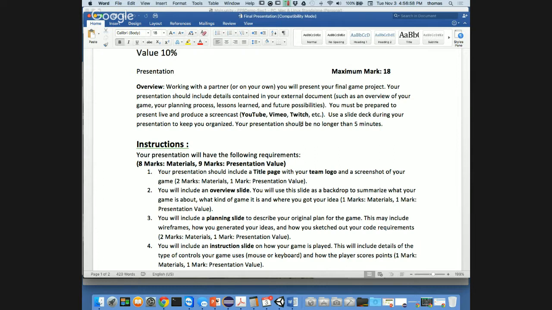It's effective in that you have to get it done, and if you're not ready, you're out of luck. On the downside, there's a lot of stuff going on around that last week of school. You've got exams, you've got prep for other projects, and traditionally what ends up happening is people don't show up. So they do a screencast instead. Please try and show up.